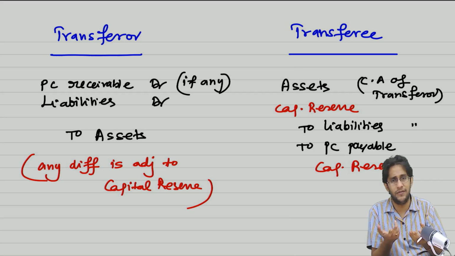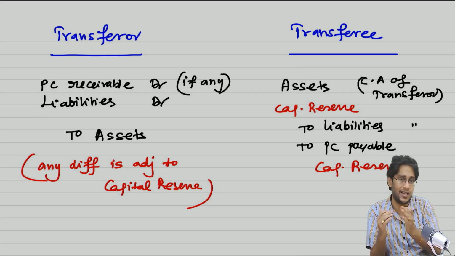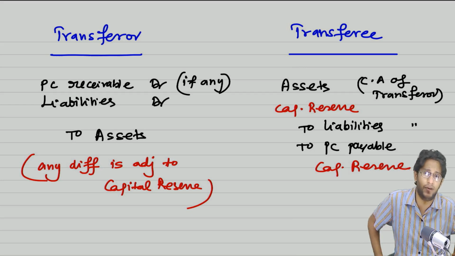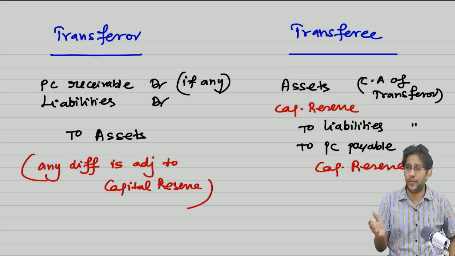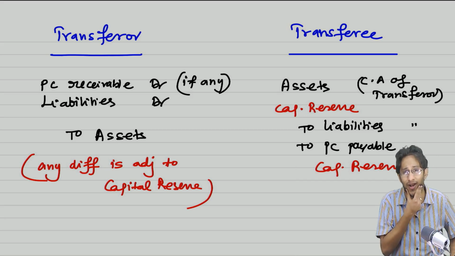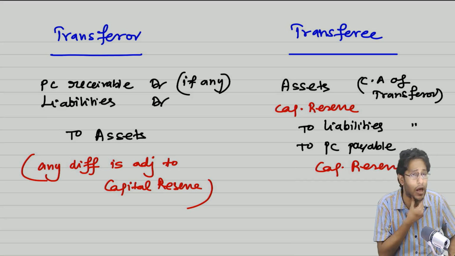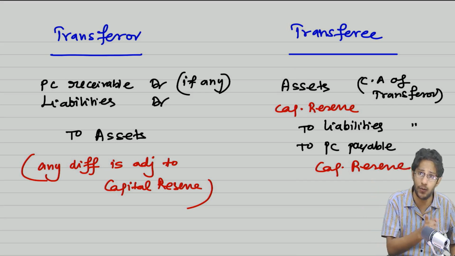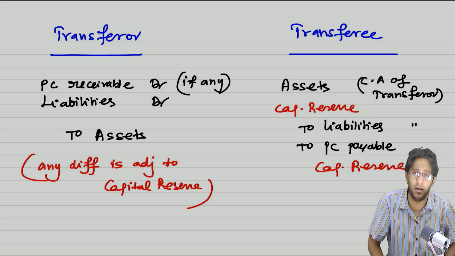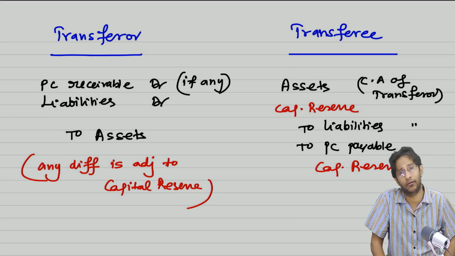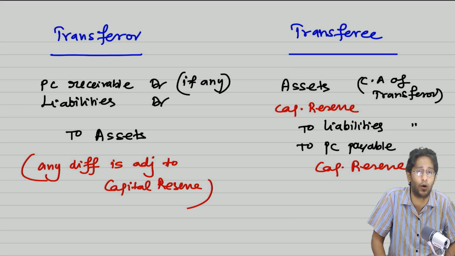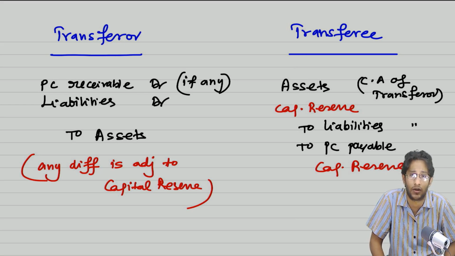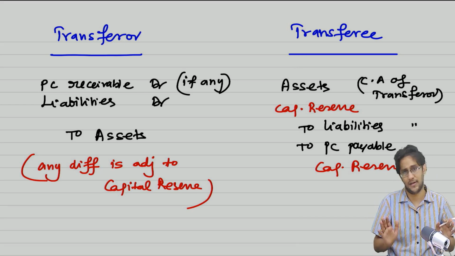The transferor entity may or may not have PC, but the transferee entity will definitely have to pay PC. Whatever PC is payable, you record it, and assets and liabilities should be incorporated only at the carrying amount of the transferor. Whatever amounts were removed there, you recognize the same amounts as assets and liabilities here. Here also the entry may not tally, then the difference will be transferred to capital reserve. Do not use fair values. Do not create goodwill. So this is that.